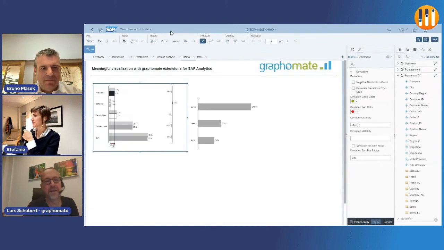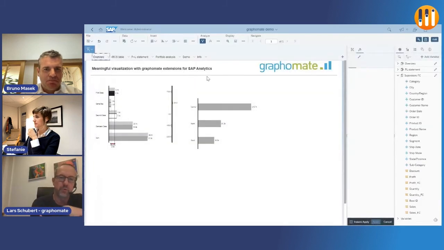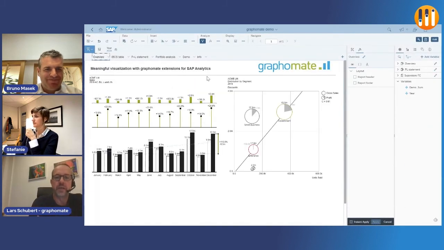Okay. No big difference, but it's over there, and then you can also type in the deviations for percentage, and make as many as you like. It's quite nice to have. So this is done out of the box. Even the waterfalls you saw before, it's quite easy to build without any programming or stuff like that. And well, we are running out of time. We could show more. Sorry for that.